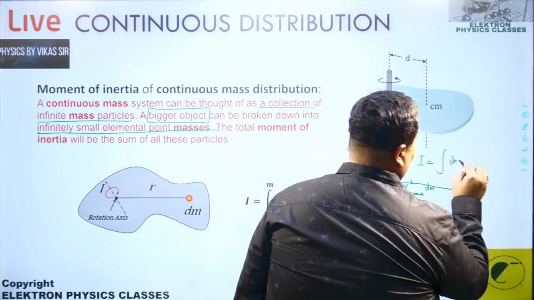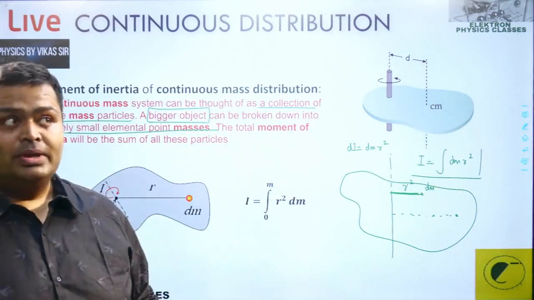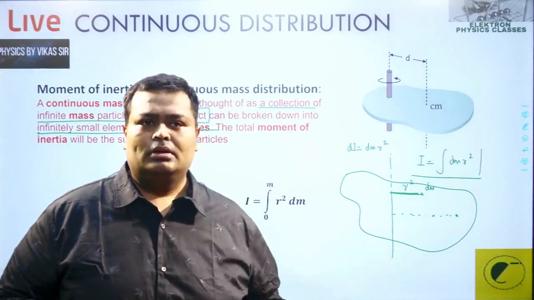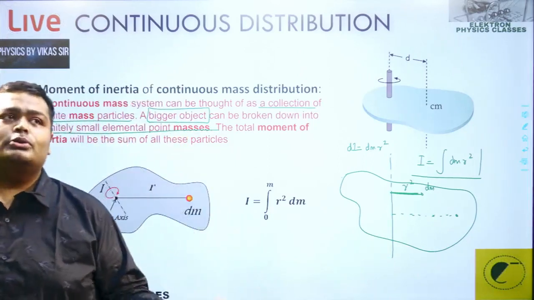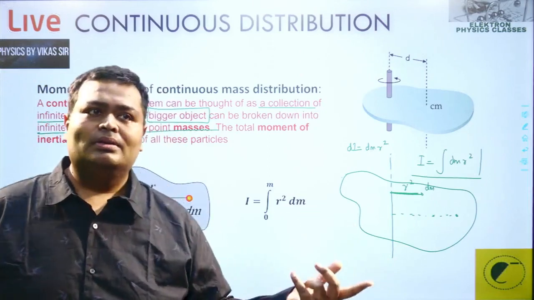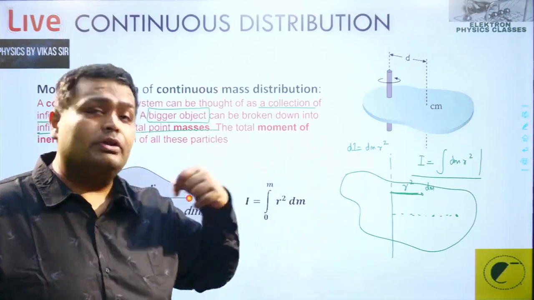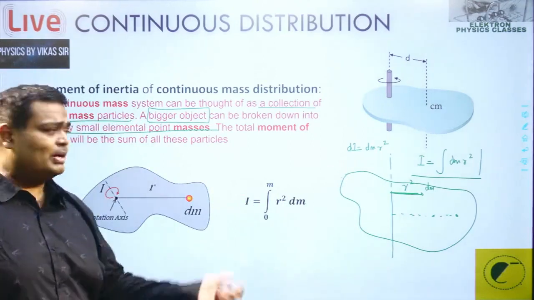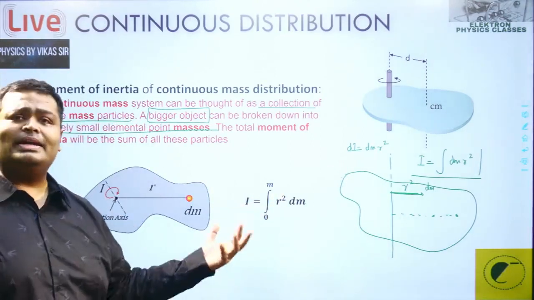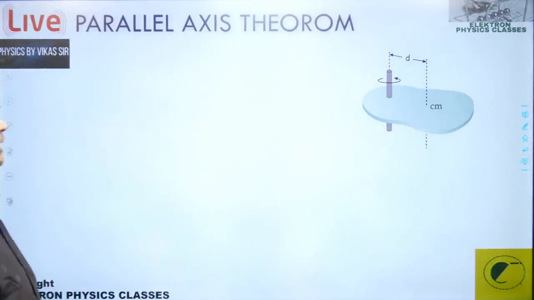As the integral of dm into r square. The limits will come as per the structure. As per the way of integration, we will be checking the limits such that all the particles are taken care of, like we used to do in the center of mass. That is for the rod, you do remember 0 to L like that. Similarly for the half ring, we used to take 0 to pi. We'll be once again doing that over here. But the basic formula is changed and it becomes integral dm into r square.